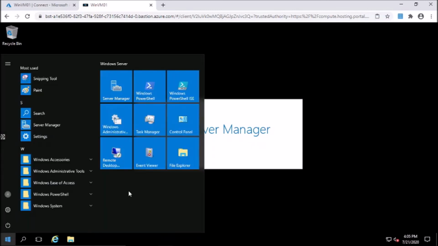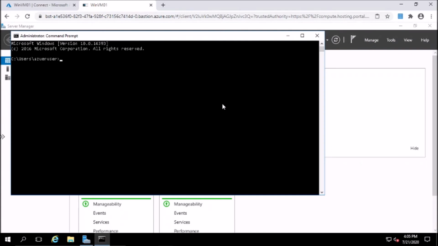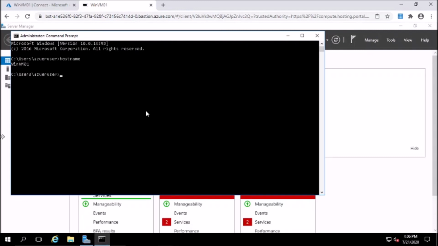Let's go ahead and check the host name. So this is WinVM01. Right now this VM has only a private IP and we have not created any NSG or assigned any public IP address, but still we are able to use this virtual machine using Bastion.